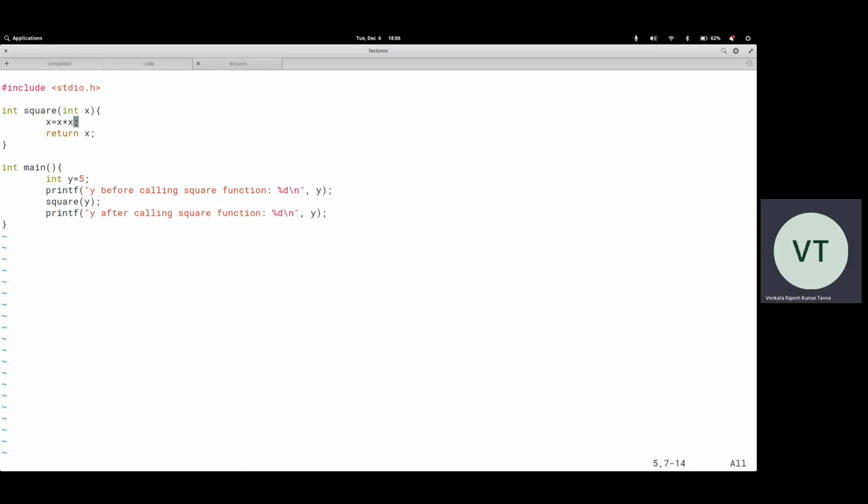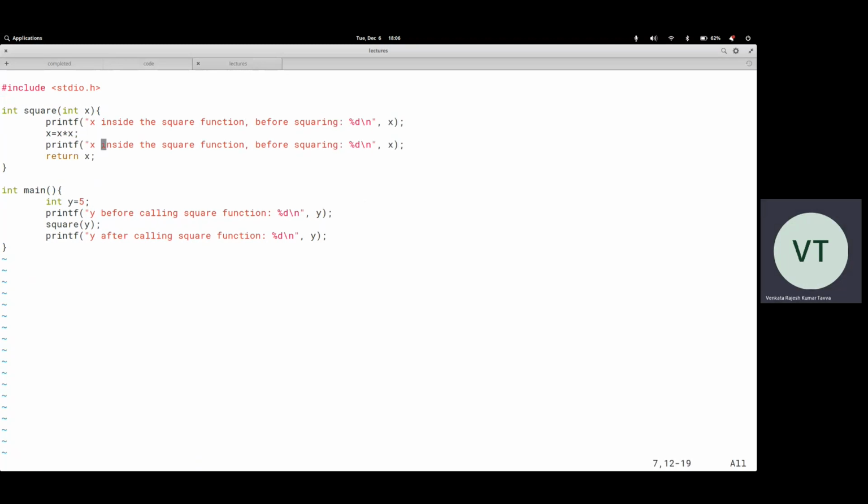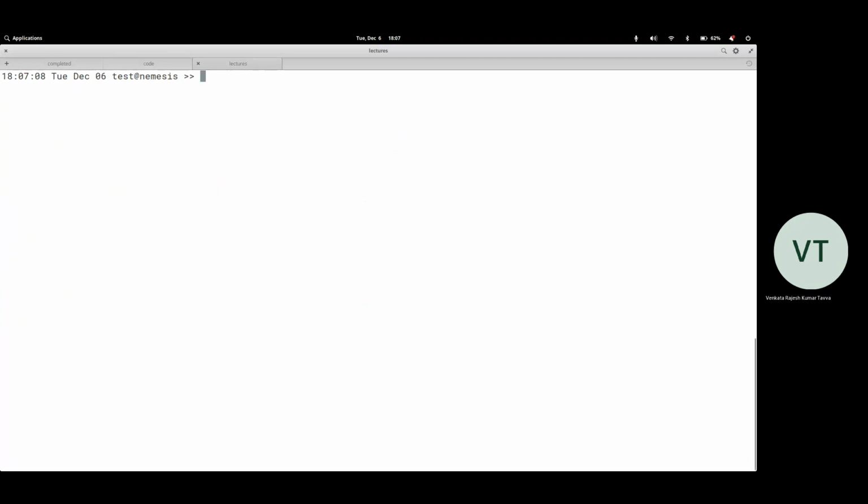And here I say x inside the square function before squaring, then x inside the square function after squaring, okay? Simple. Fine. Now